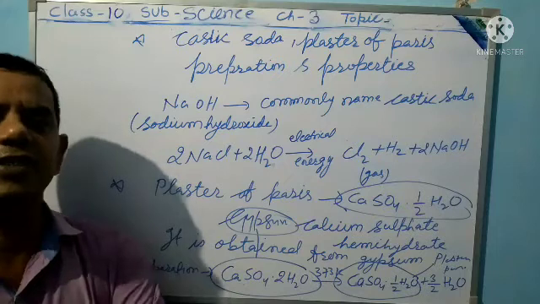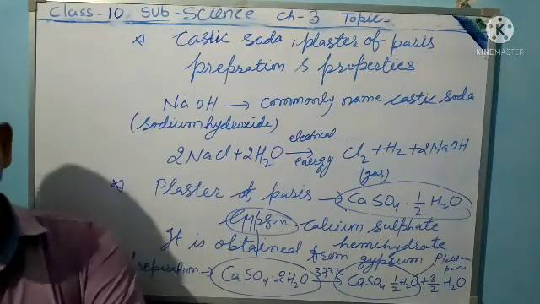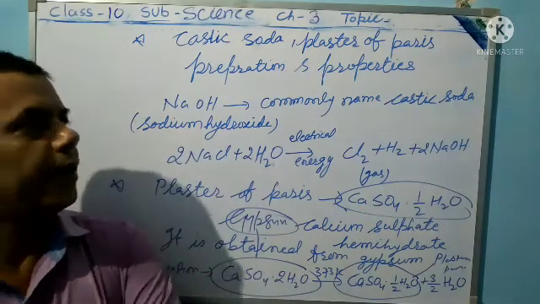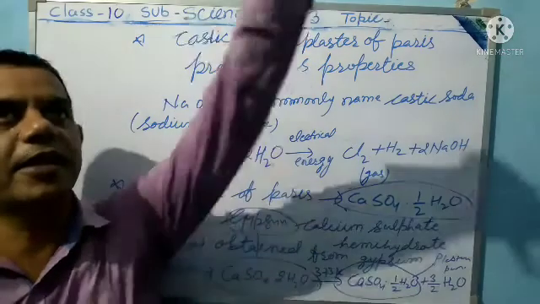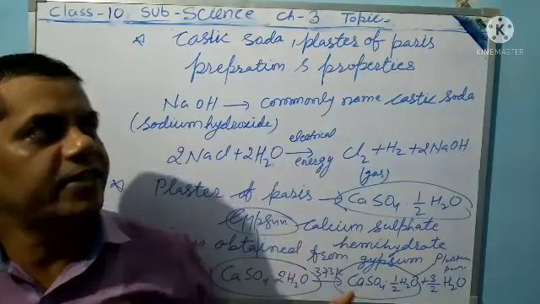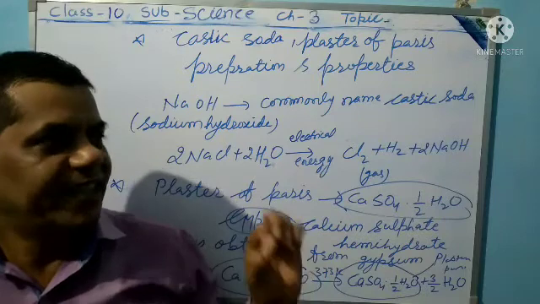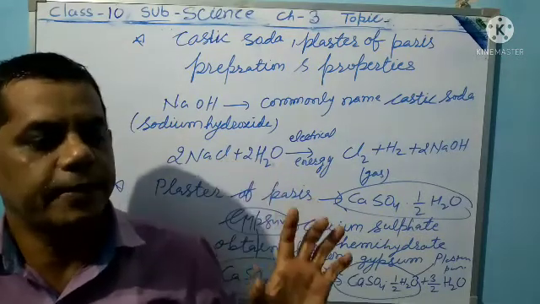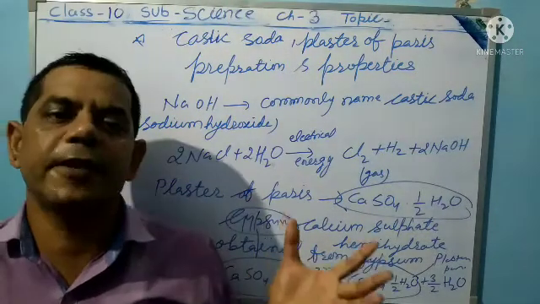If any person's bone is fractured, plaster of Paris is used. You commonly see that plaster on a bone fracture. That is a usage of plaster of Paris. Another usage is making toys, decorative material, furnishing, home and inside decoration in the form of statues, toys, surgical instruments, blackboard chalk, dentistry, and making a smooth surface and designs on walls and ceilings.